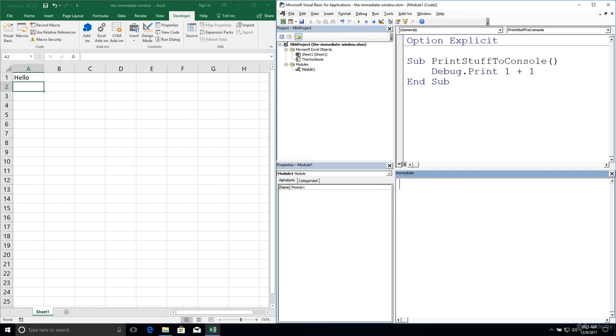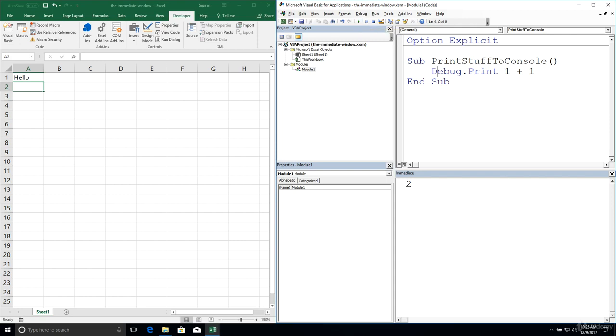code right now. Now this is our first experience actually executing a procedure with custom code within it. When I execute this, there's nothing that's going to happen on the Excel interface, but we are going to take the evaluation of this expression, which is going to be 2, and with Debug.Print, we're going to print it to the immediate window. So let's execute this right here by clicking the green play or run button, and there we can see 2 is output.